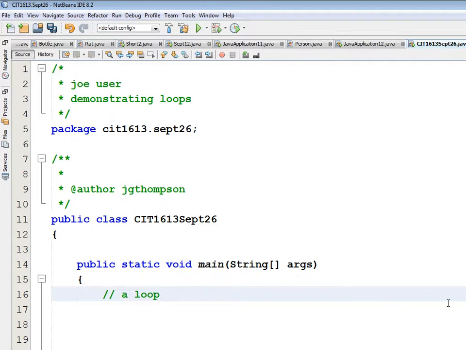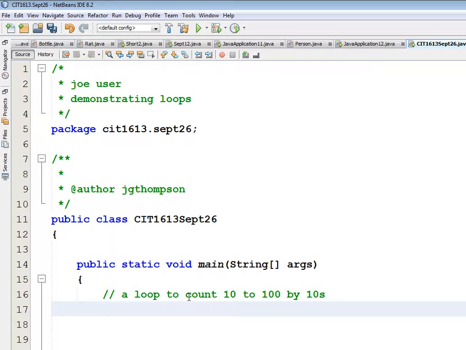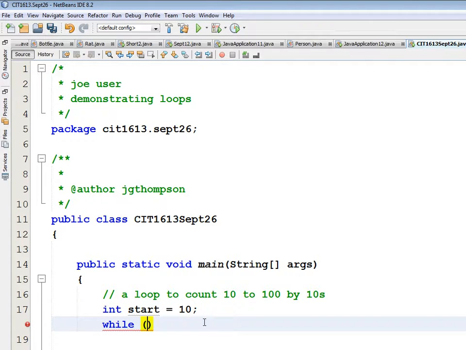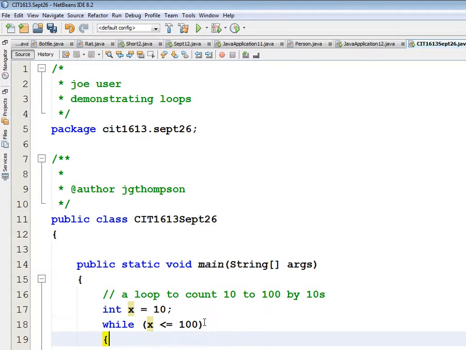We want a loop that will count from 10 to 100 by tens. So we have to have a starting point, right? int start is equal to 0. That's going to be our counter, our control variable. But I actually want to start it at 10. So I'm going to change that to int start is equal to 10. Then my ending point is 100. So while, I don't like calling it start, I'm just going to call it x. Because it's not going to be a start once we start adding things to it. While x is less than or equal to 100, let's print